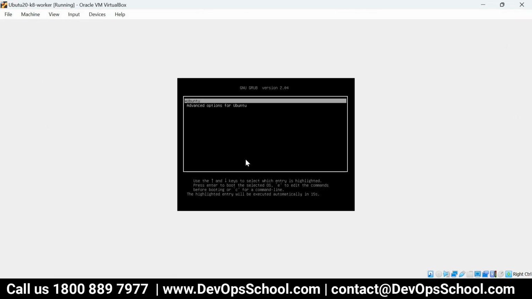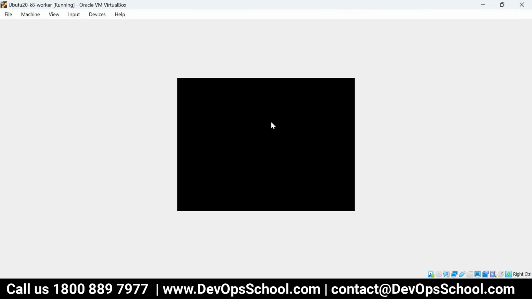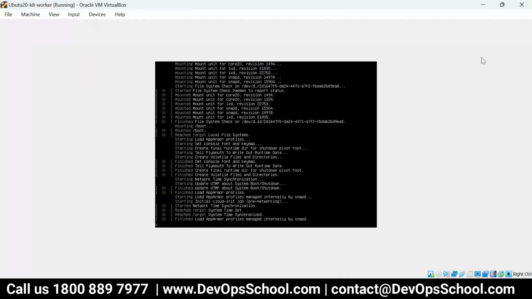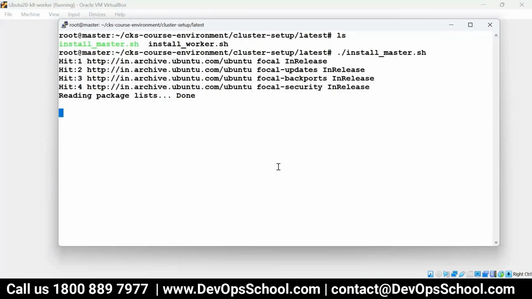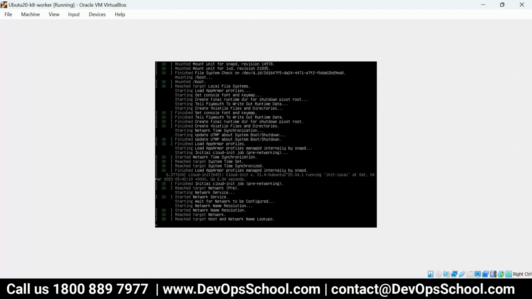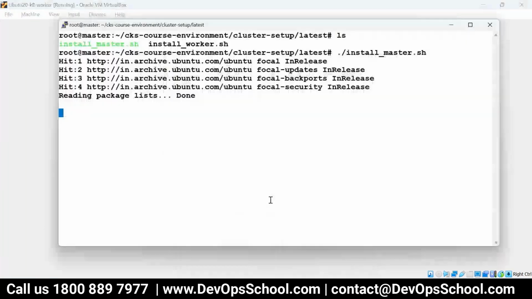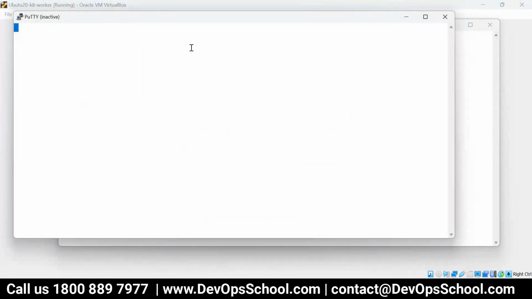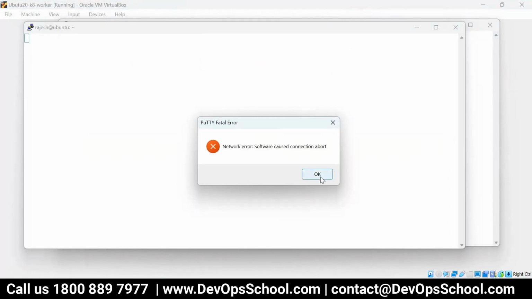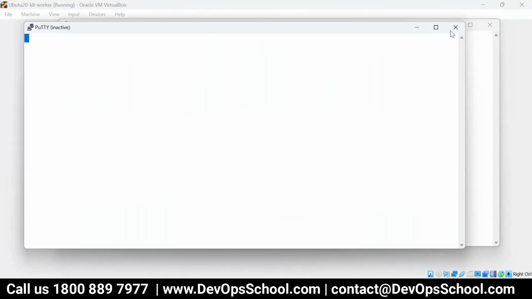So now, what is this? Ubuntu. There are some issues.